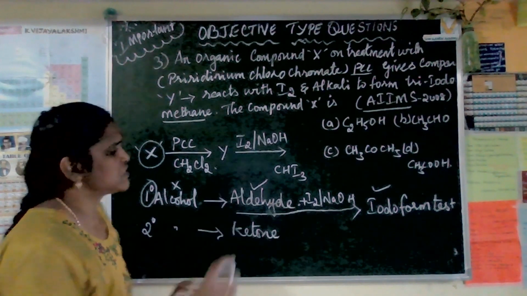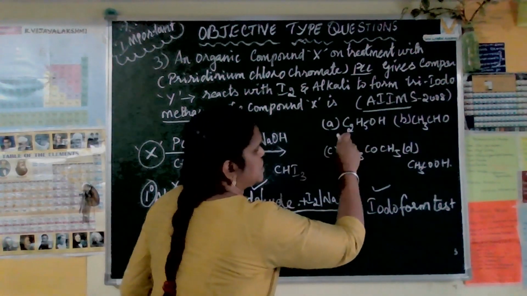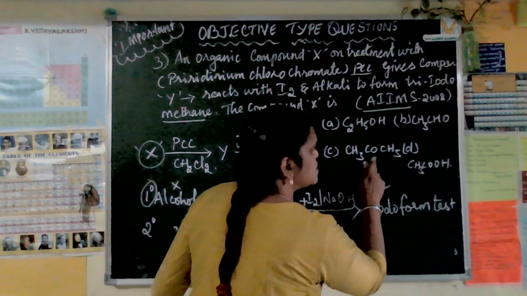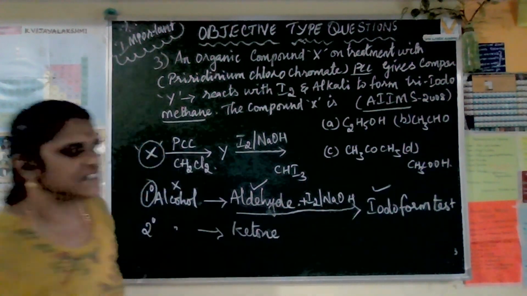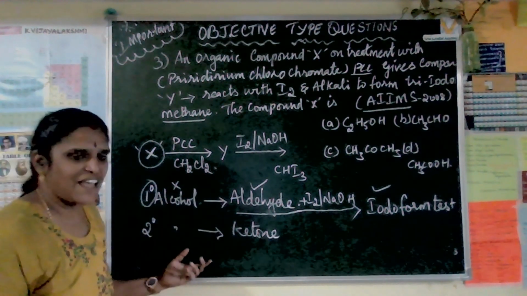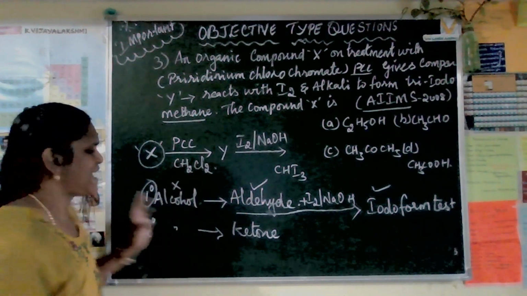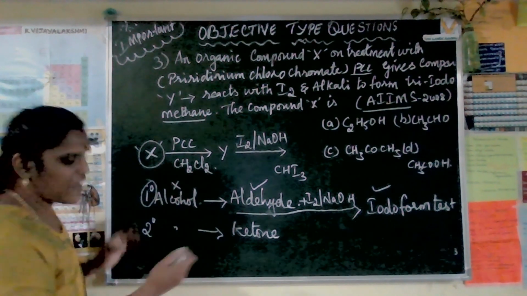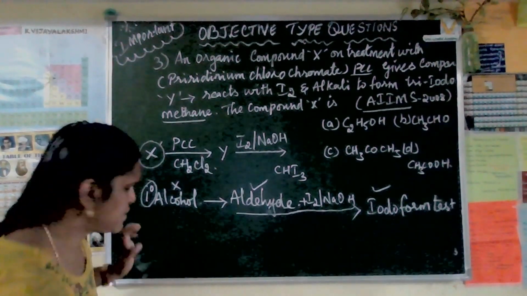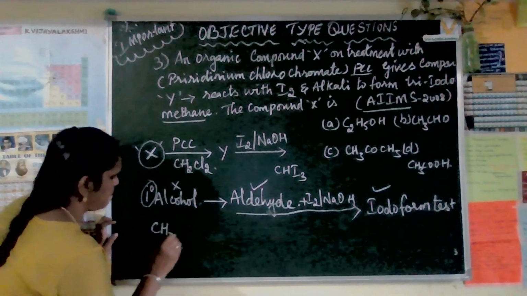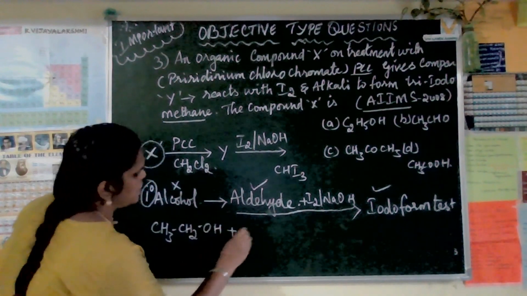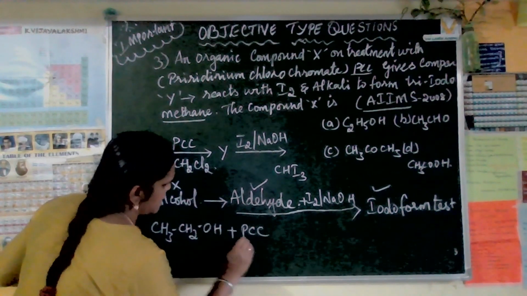Okay, now here let us go for this: CH2O, C2H5OH, CH3CHO, acetone CH3COCH3, and acetic acid. Now in this option, which is the correct answer? As I am telling, you will come to know which is the correct answer. Yeah, primary alcohol only. I will write the reaction. So what is that reaction? CH3CH2OH combined with PCC,